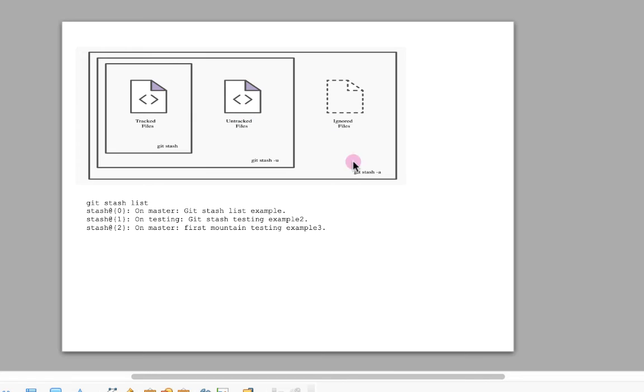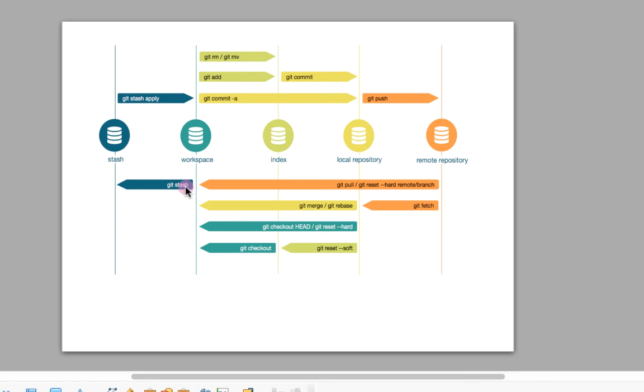So if you want to stash the changes of untracked files as well, we have to give git stash -u. Git stash also does not hide ignored files. If we want that, we can use git stash -a. In that case, it will take changed, added, new, or removed files, and all ignored files as well, and stash them. So when we apply the git stash command, it will remove those changes and hide them in a stash area. So your working directory will be a clean working directory.